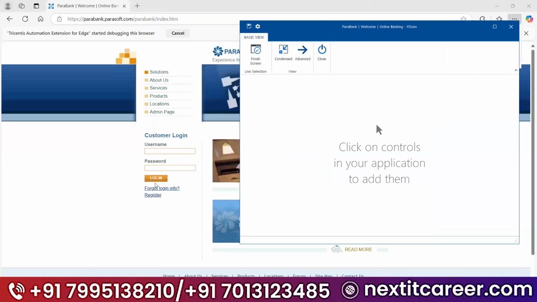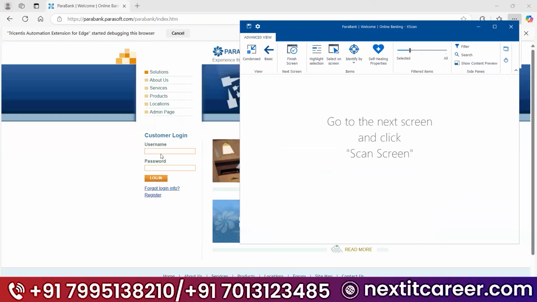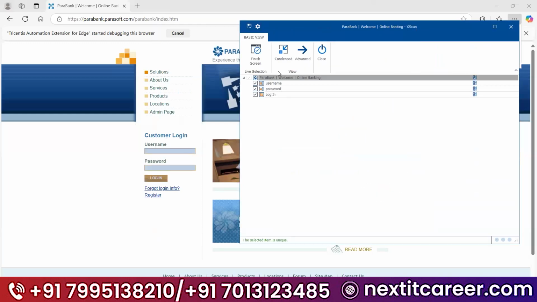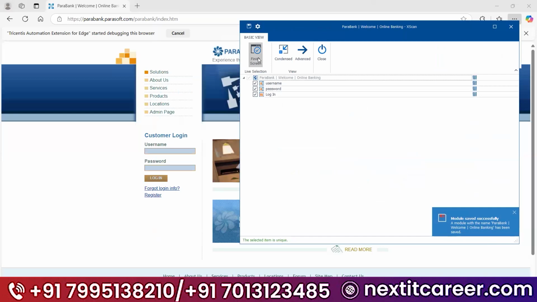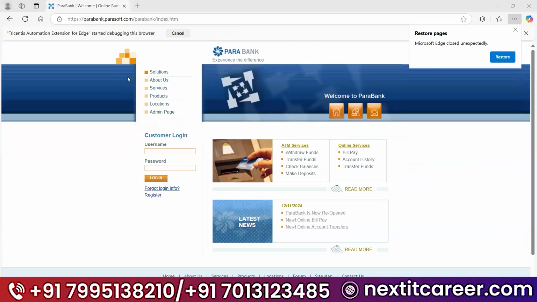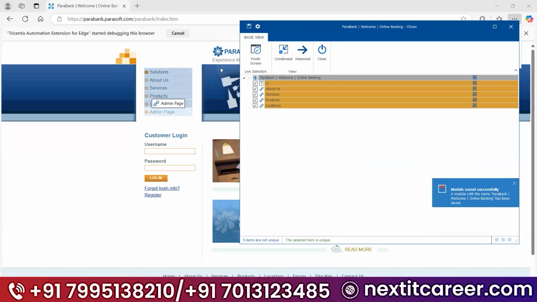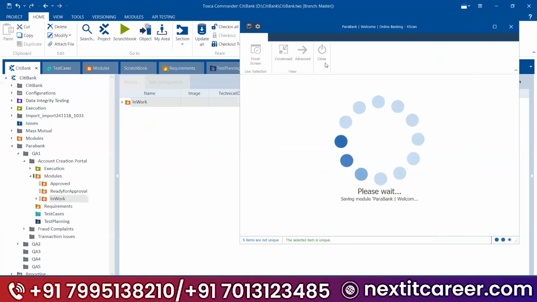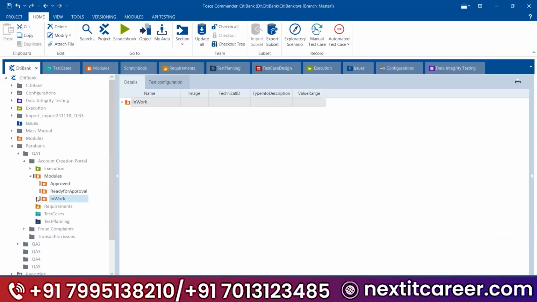See guys, for example, I have scanned some of the modules. For example, I have two modules here, 1 and 2.